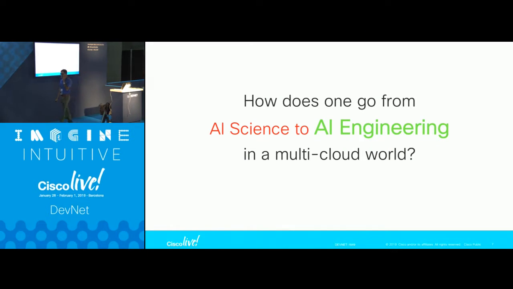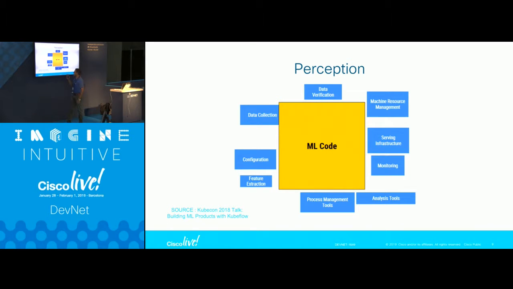So as I said, what is the main problem here, right? We have this problem of having solutions to AI science problems where a few people can run it, but once we move into the enterprise grade, things are not that easy. How do you make things run on a large scale system? So the perception of AI problems are like this, that there is a huge piece of machine learning code and a lot of peripheral activities which have to be done. The peripheral activities include data collection, data verification, serving infrastructure, monitoring of your infrastructure, and process management, a lot of different kind of things, which typically are considered to be in the realm of